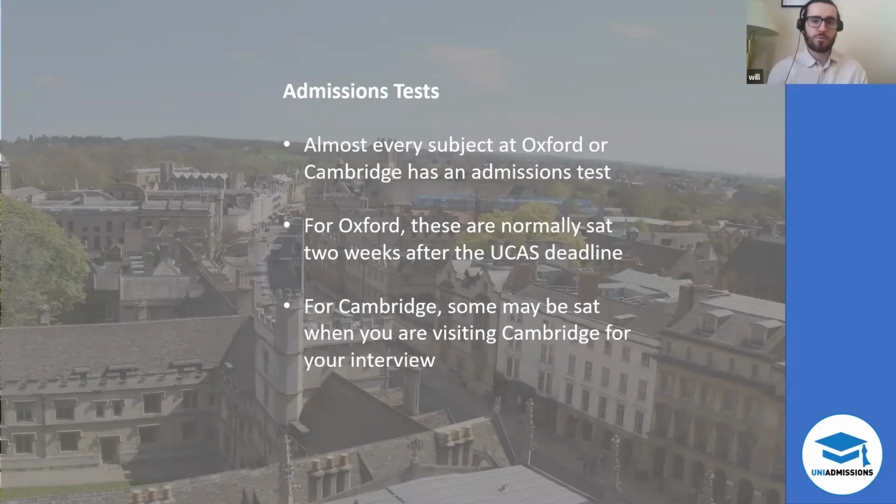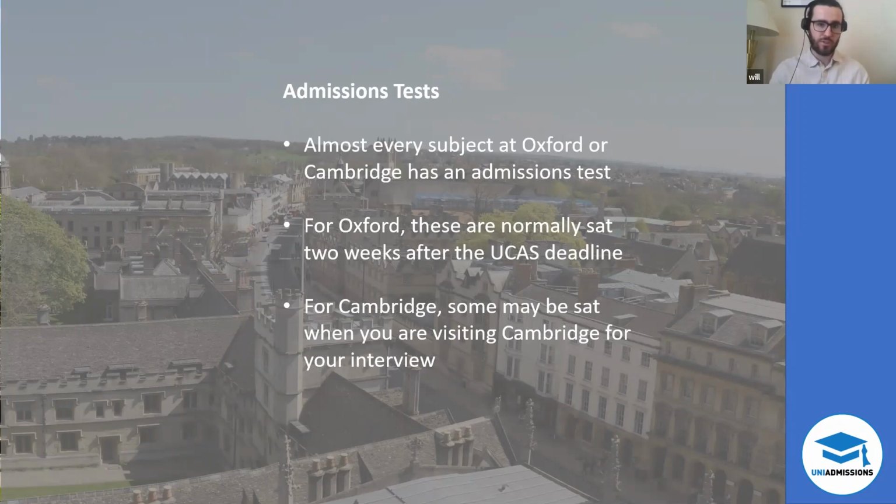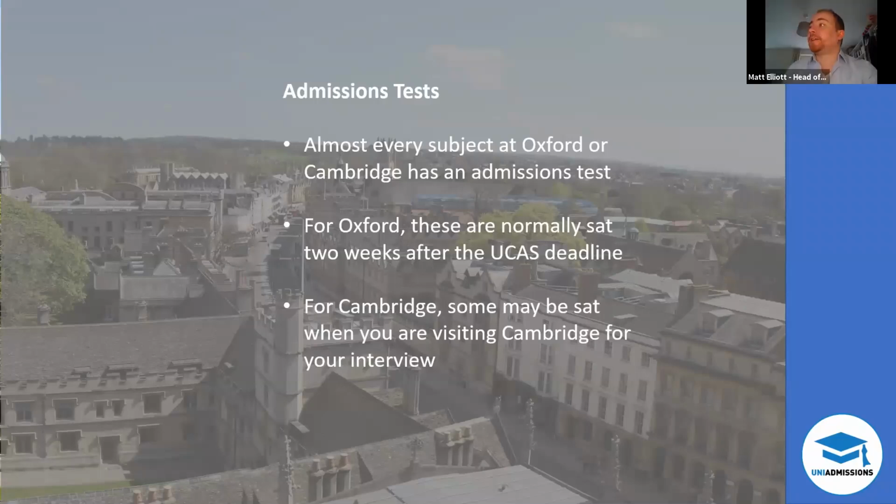It's worth saying as well, Matt, you used chemistry as an example of a subject at Oxford which doesn't have a test. And I was saying earlier that Oxford like to shortlist you basically completely based on the test, so they don't interview as many, but they'll interview about 90% of their chemistry applicants because they don't have that test. Yeah, so if you're really confident in your interview ability, but less confident in your test ability, for example, then the chance to go for chemistry at Oxford, where you're very close to guaranteed an interview, rather than biochemistry, where you're only a 50-50 shot of getting an interview, that might be playing to your strengths better than other strategies.